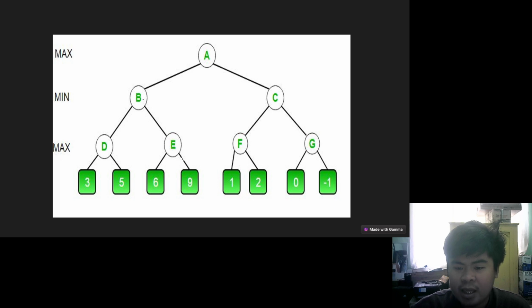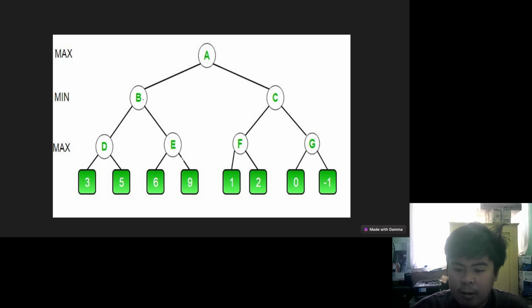So, the value of E's right child did not matter. It could have been positive infinity or negative infinity, still wouldn't matter. We never had to look at it because the minimizer was guaranteed a value of 5 or lesser, so as soon as the maximizer saw the 6, he knew that the minimizer would never come this way because it can get a 5 on the left side of B. This way, we didn't have to look at that 9 and hence saved computation time. So E returns a value of 6 to B.